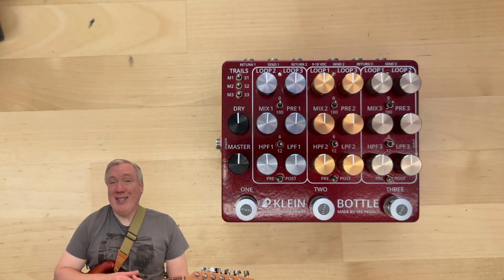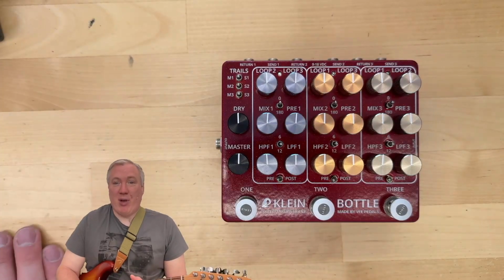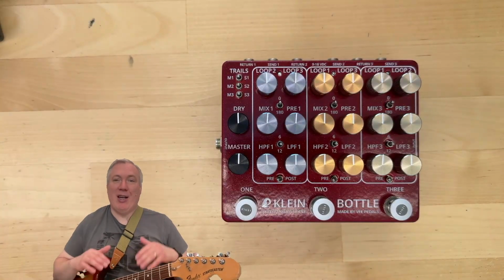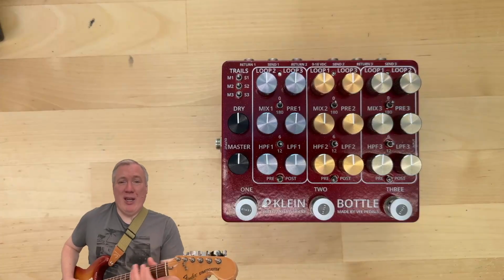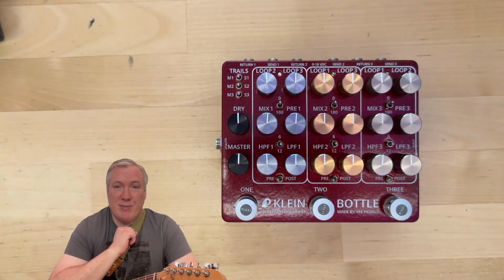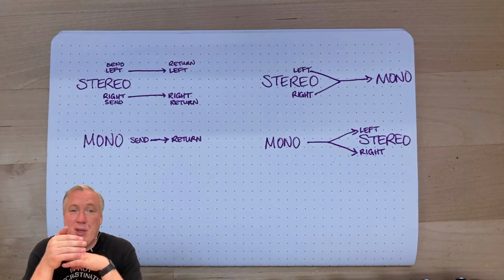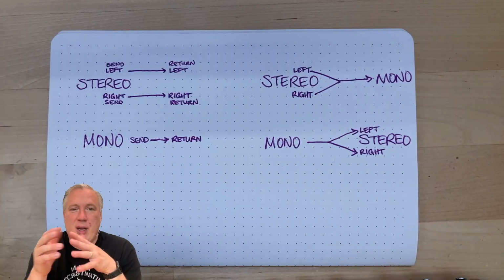This video is not a promotional demo video, which means I'm not focused on the best recording setup, showing you sweet licks, or anything like that. This is purely an instruction manual. Let's get started. In my first attempt to make this video manual, I tried to explain the input-output